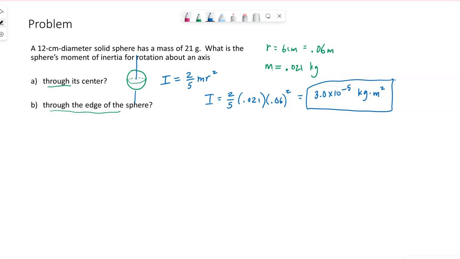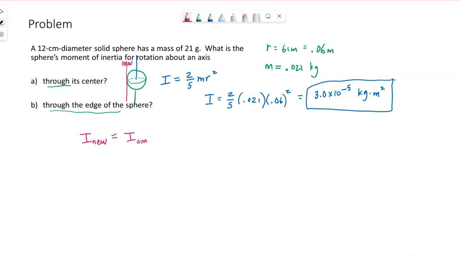Part B, we have the same sphere, but it wants to know the moment of inertia around an axis through the edge of the sphere. So we have a different axis, a new axis. If I look at the table, it does not tell me the equation for I around the edge of a sphere. But this new axis is parallel to the one that goes through the center, so we can use the parallel axis theorem,